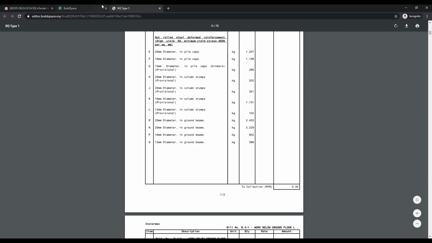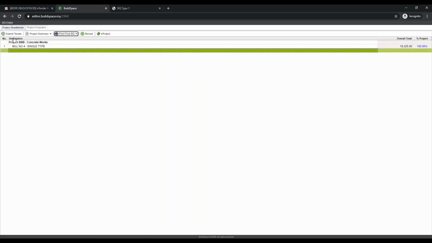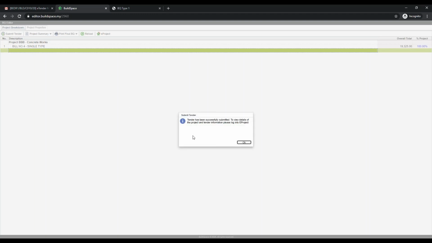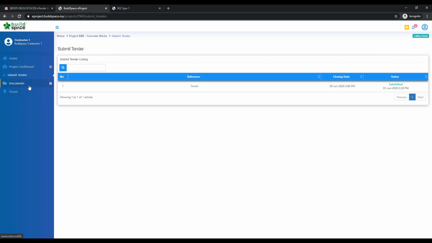If your subcon wants to submit the BQ online, what they need to do is just hit this button, so-called submit tender. Once they click this button, you can see that the tender has been successfully submitted. If your subcon wants to view the details of their submission, they can go back to the e-project. To go back to the e-project, you can go to this button here. Under submit tender,